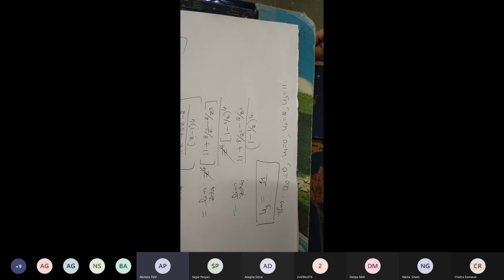And in this Z transform, one subtopic remains, that is the inverse Z transform. I have completed the Z transform; the inverse Z transform is still there, so we will continue in tomorrow's class. From tomorrow onwards we continue with inverse Z transform examples. Is this Z transform clear to all of you?